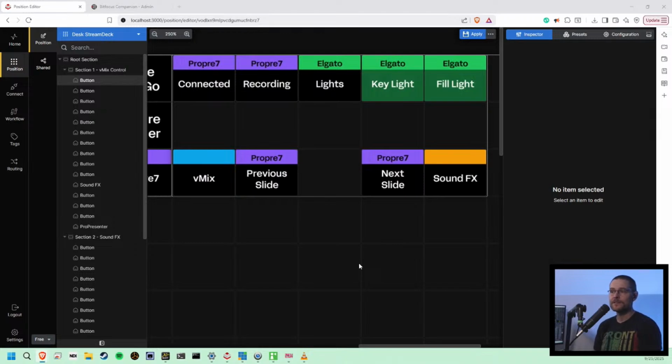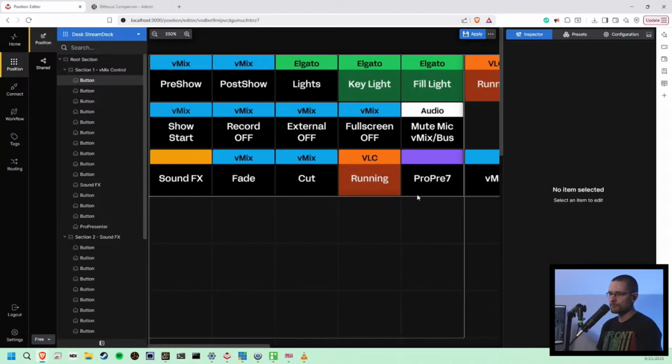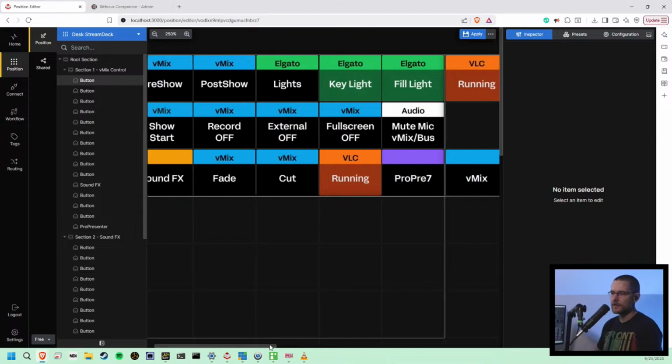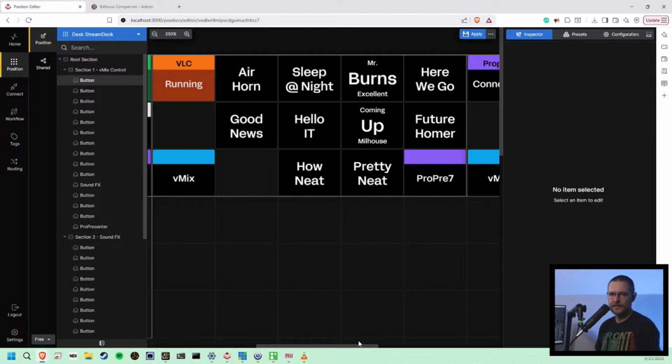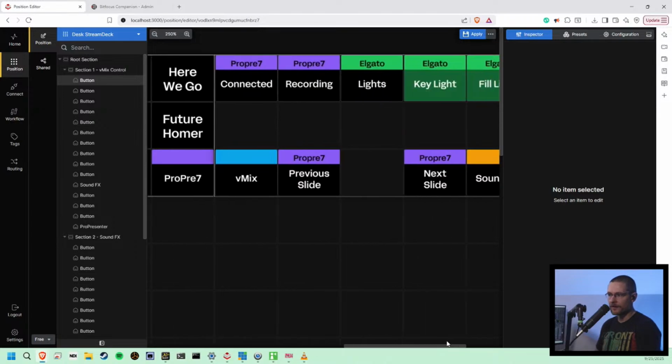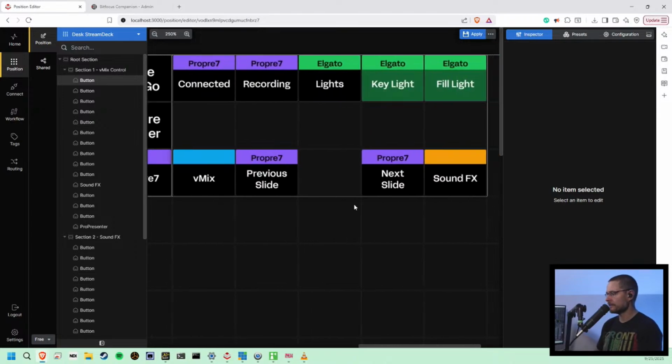Now, perhaps if you had a whole page full, then you would maybe just leave it purple and no title, because ProPresenter is purple, right? Especially because on here, ProPresenter is listed as group purple, sound effects is listed here. So we know that blue is vMix and green is Elgato. We wouldn't necessarily need to have context titles for every button. You could just make them purple, and your people would probably get used to them pretty fast. But in this instance,